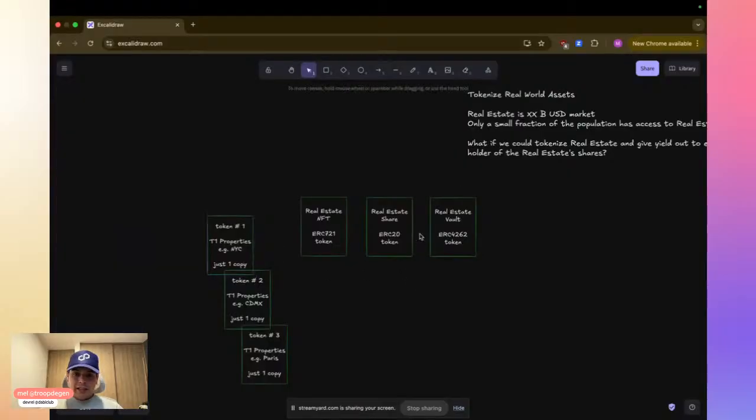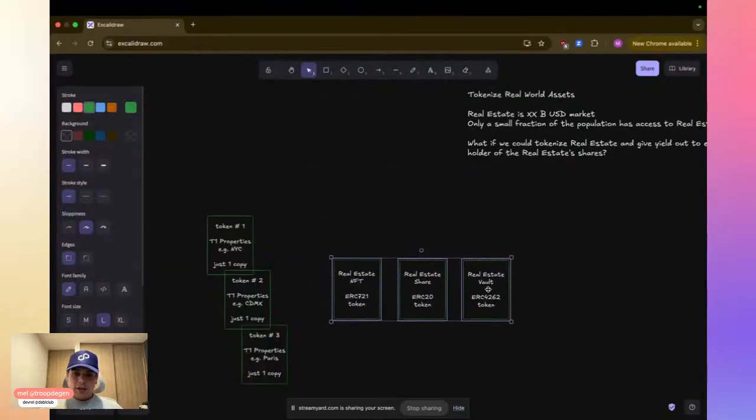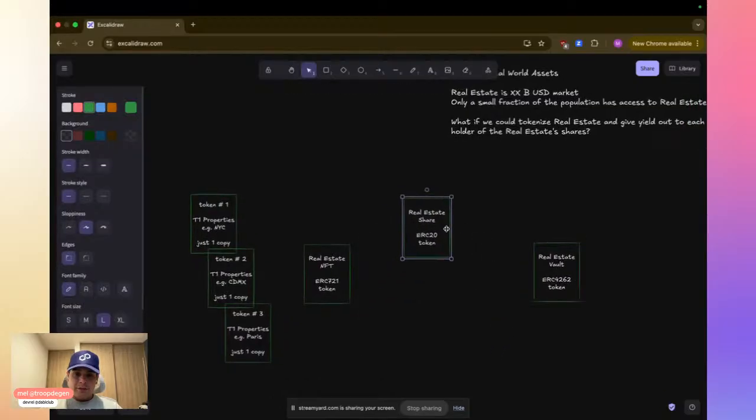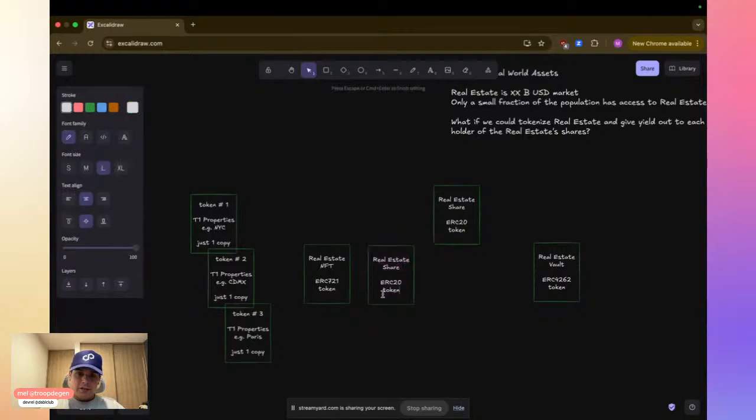So the idea is that we have this real estate NFT, and here we will ideally need a factory, an ERC20 factory.